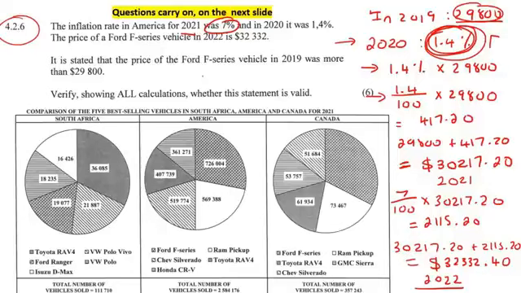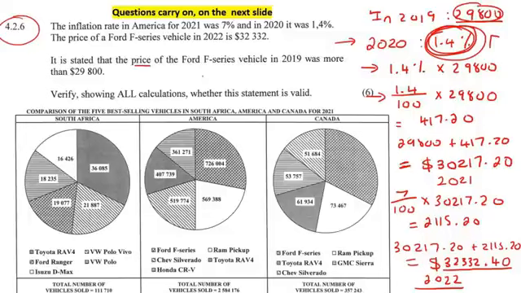And that would be the price going into 2022. Because this is the price in 2021. Then it has a 7% increase during that year. So when it gets to 2022, that would be the price. And that is exactly, or pretty much exactly what they said the price was in 2022. So